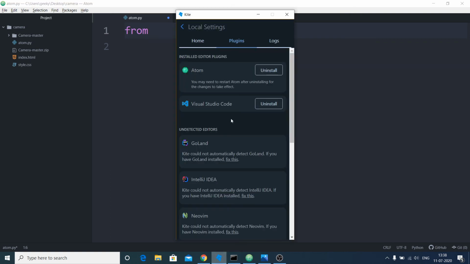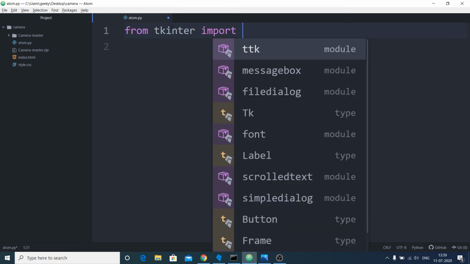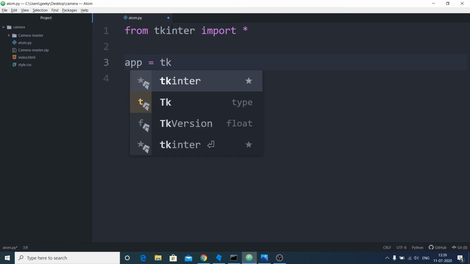You need to just open this Kite instance when you are coding here. This is very much important. So I will import the Tkinter module and import everything from it. Tkinter, as you know, is a graphical user interface library. So we have this Tk.